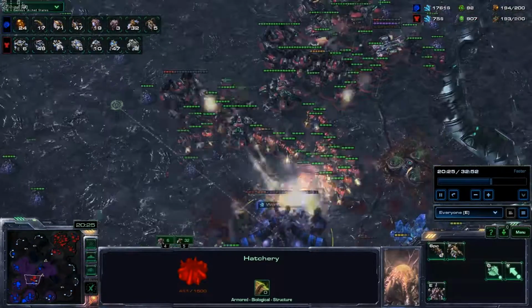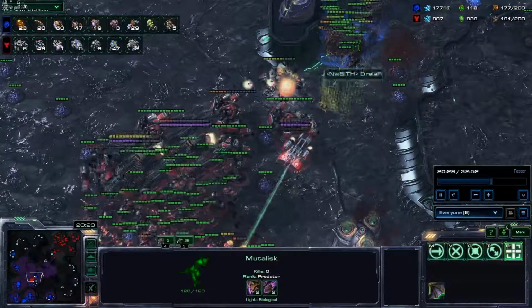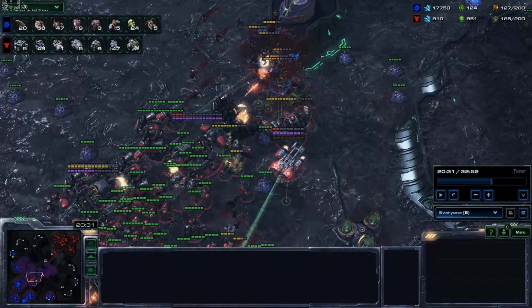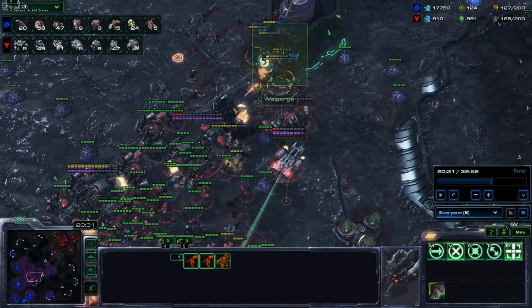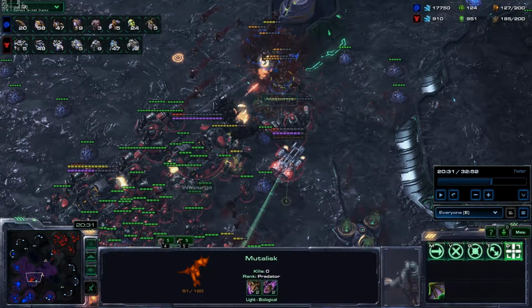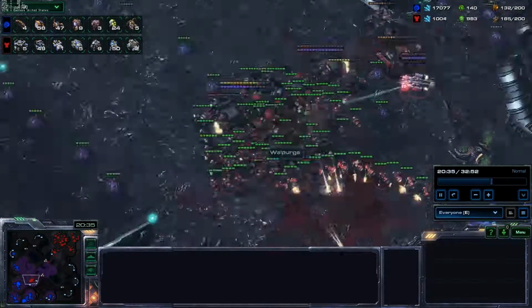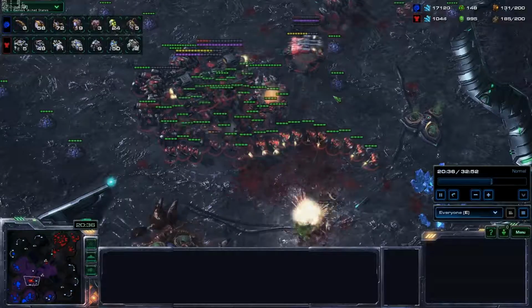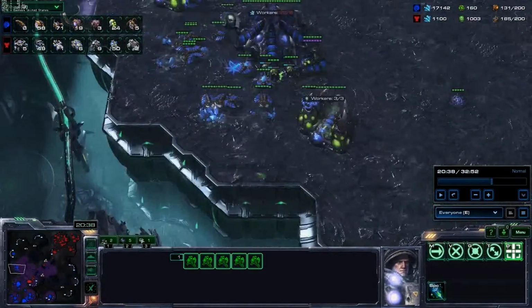Now you come out and take out his base, which is really good. And this is actually hilarious here, because Thors are actually really good versus Mutalisks when they bunch up like this. Another unit that's good versus Mutalisks when they bunch up like this is Liberators. So yeah, you take out his base,